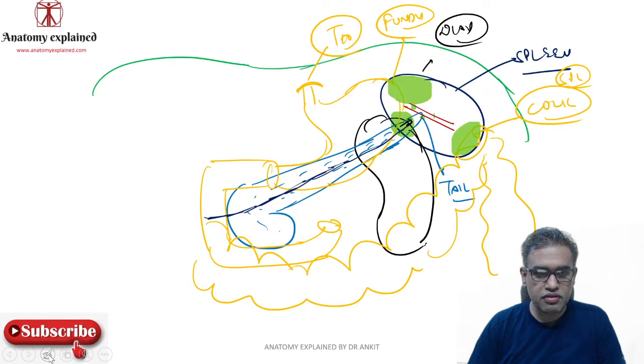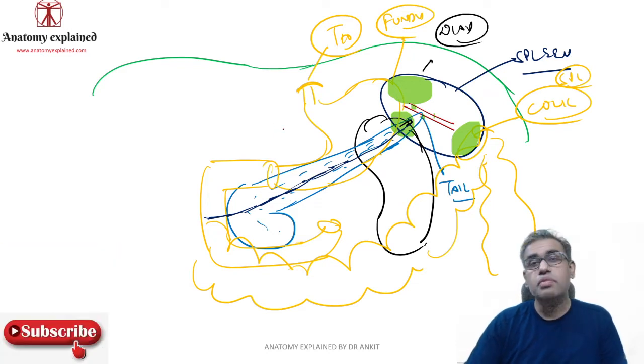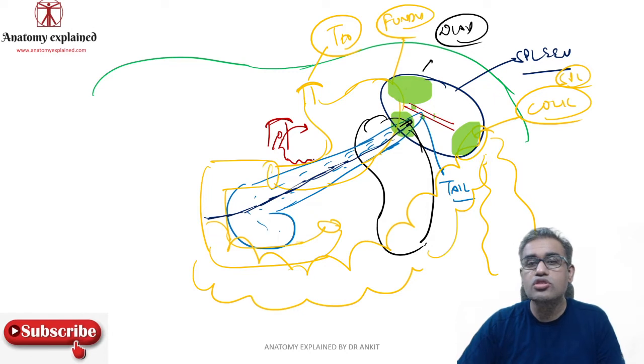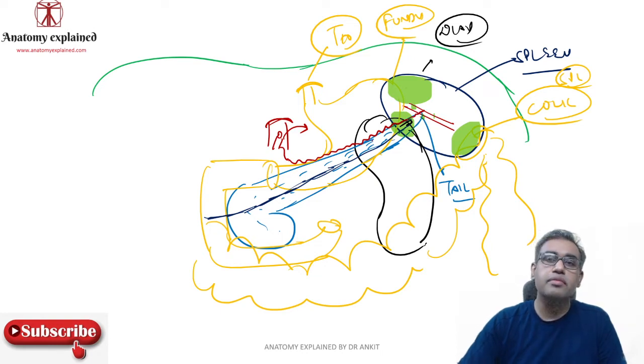Now moving from here, if we try to make the arterial supply, then we know the abdominal aorta starts where? At the T12 level. So this was T10, so we can imagine, okay, this is the level of T12 where the abdominal aorta actually started. It will give off the celiac trunk. Celiac trunk gives off 3 branches, the left gastric artery. Then you have the splenic artery which runs a tortuous course over the superior border or close to the superior border of the pancreas, and it reaches inside the spleen into the splenic hilum. That is the arterial supply of the spleen by the splenic artery.